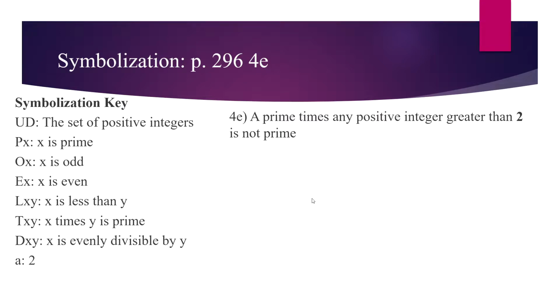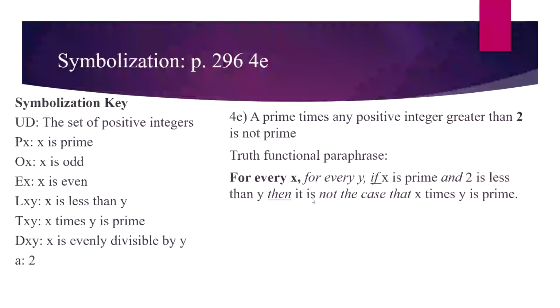The last one said a prime times another prime is not prime, and we did both of those specifications, that one is prime and that the other is prime in the antecedent, and then we had the consequent that them being multiplied together is not prime. It's not the case that that multiplication is prime. So here we're going to do the same thing, except we're specifying that 1 is prime, right, for every x,